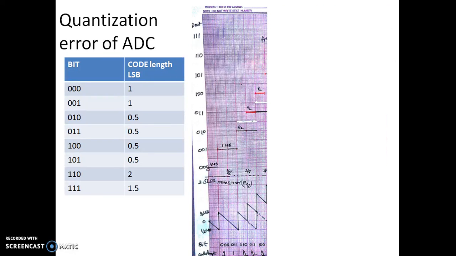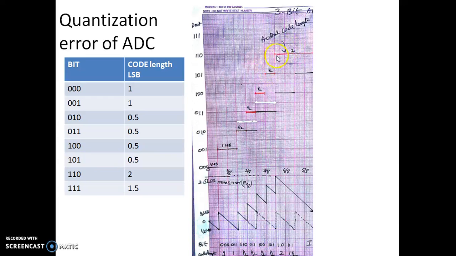So we are here. Now we have gone to the third half LSB, that is this one. Now it is 100. So it is again making a transition at this voltage, and now it is going to 101. So 101 is also half LSB code length. From that onwards you can see the actual code length is 2 LSB. Now you can clearly see the quantization error reduces by almost 2 LSB because you are representing the input voltage